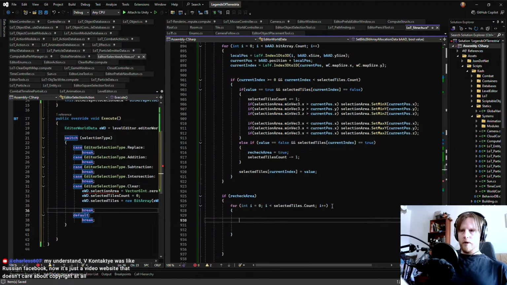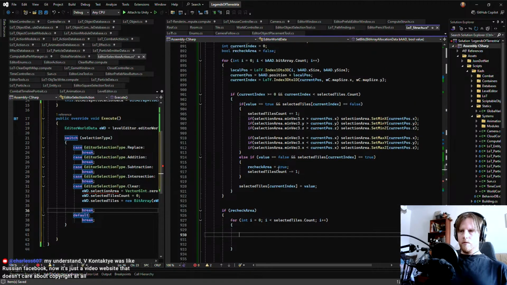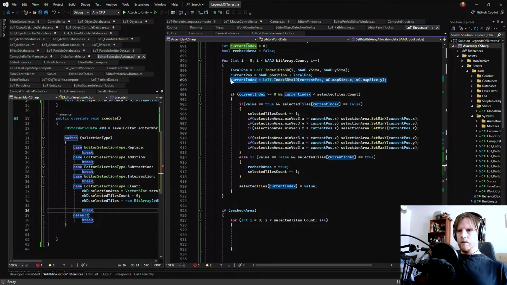And here we iterate through selected tiles. And we need to set current index in there.